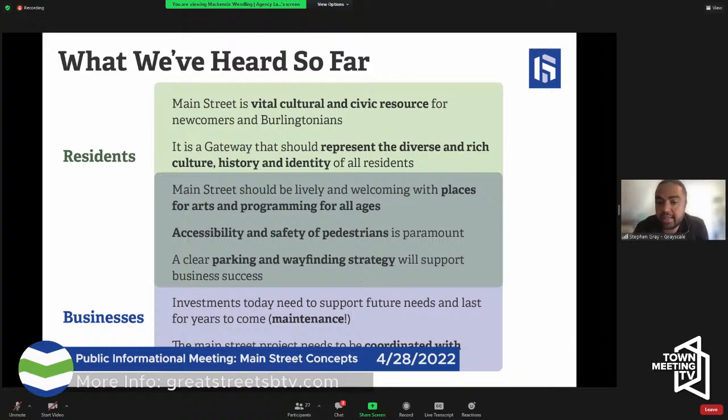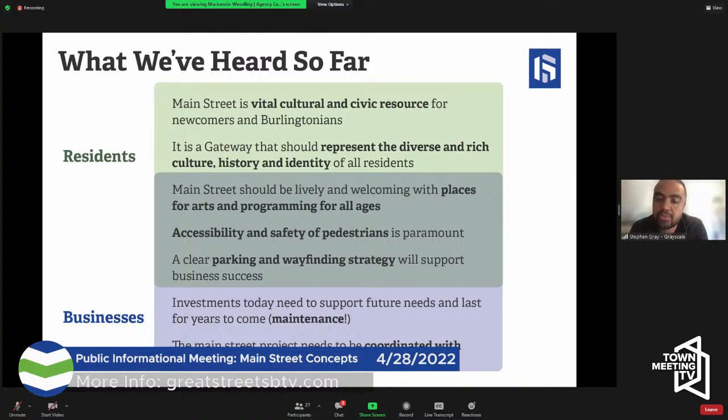From the business side, there was really an emphasis on making sure that this effort is coordinated with other city priorities, that we are thinking beyond the boundaries of this part of Main Street and how it extends and connects to other parts of the city, and also thinking about long-term maintenance. This is a capital investment, but if it is not maintained over time, and we heard this from earlier sessions from years ago, reviewing some of the reports from those times, that people were really focused on making sure that this doesn't get built and then forgotten about,